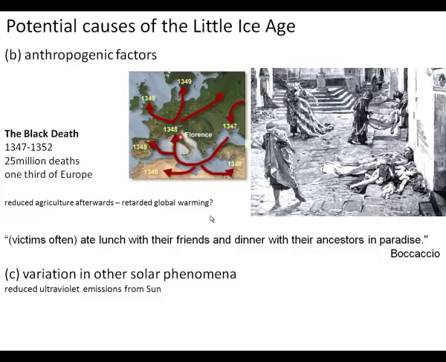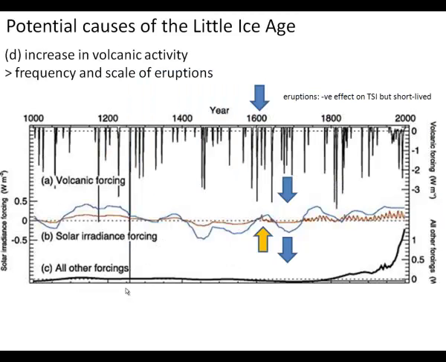There are other possible solar phenomena that may be implicated rather than just variation in the total solar irradiance. For example, there may have been fluctuations and reductions specifically in ultraviolet emissions from the sun, but we're not going to look at those in any further detail. The one we are going to spend a little bit of time looking at is the possibility that changes in volcanic activity, specifically an increase in volcanic activity, more frequent and larger scale eruptions,